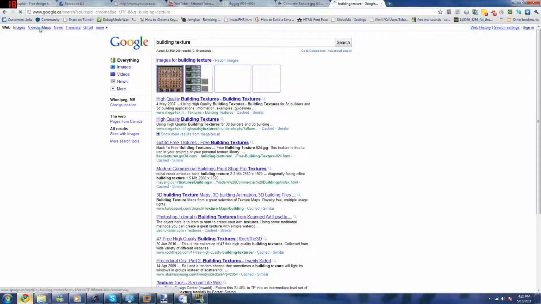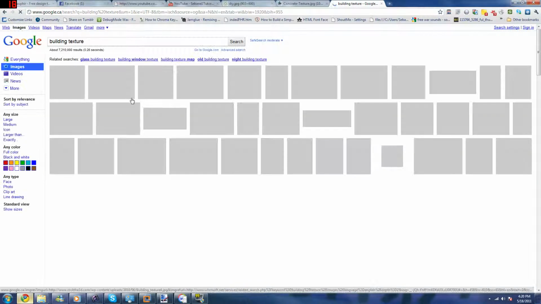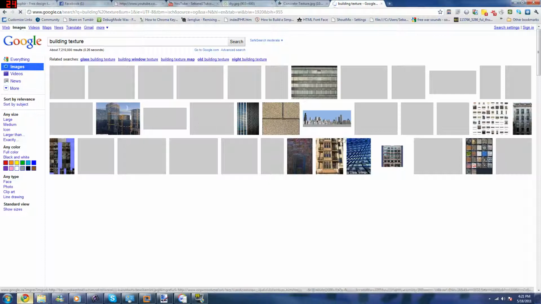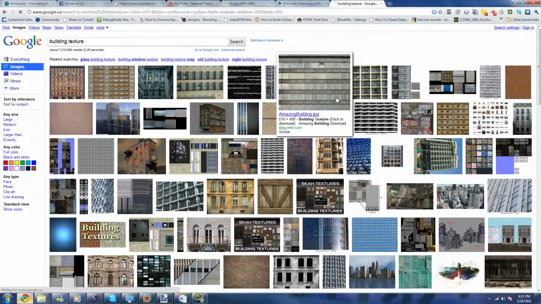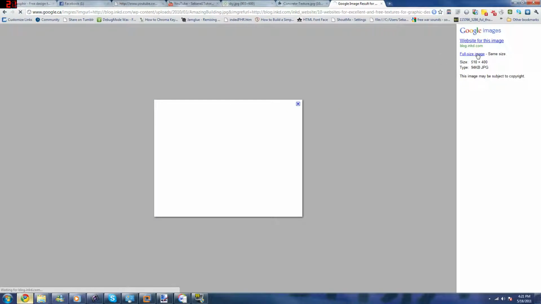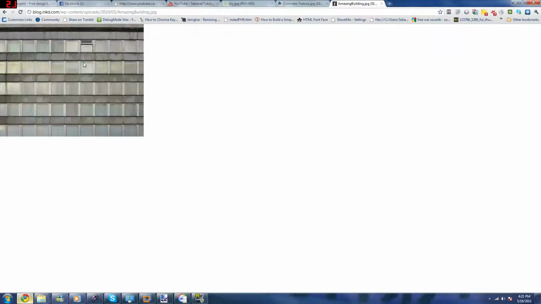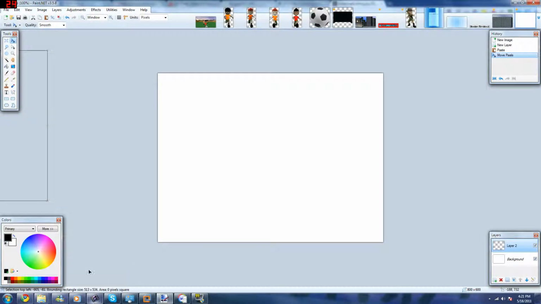So yeah, we're still looking for a building texture. And once you found a building texture that you like, you can continue to use it in your building. So we found a texture, copy the image, or save the image, and paste it into your newly made